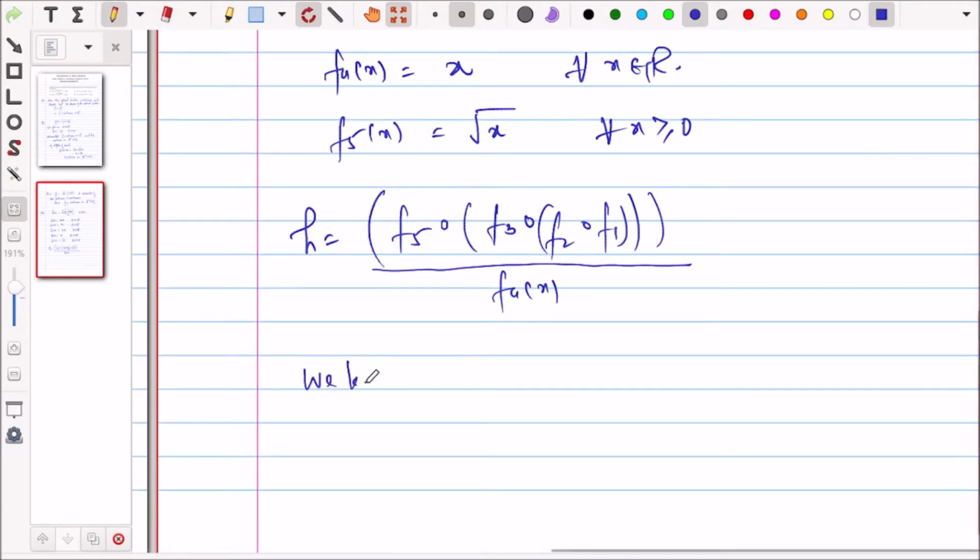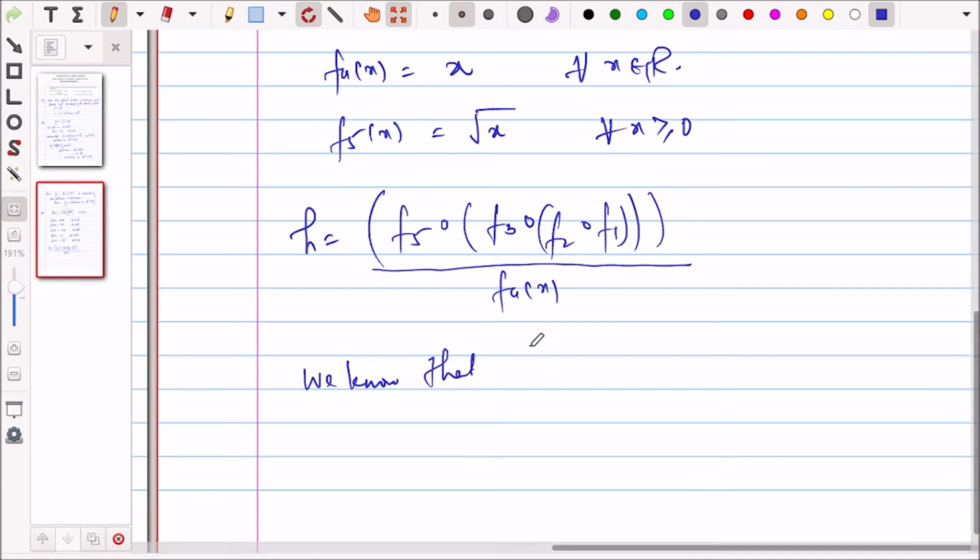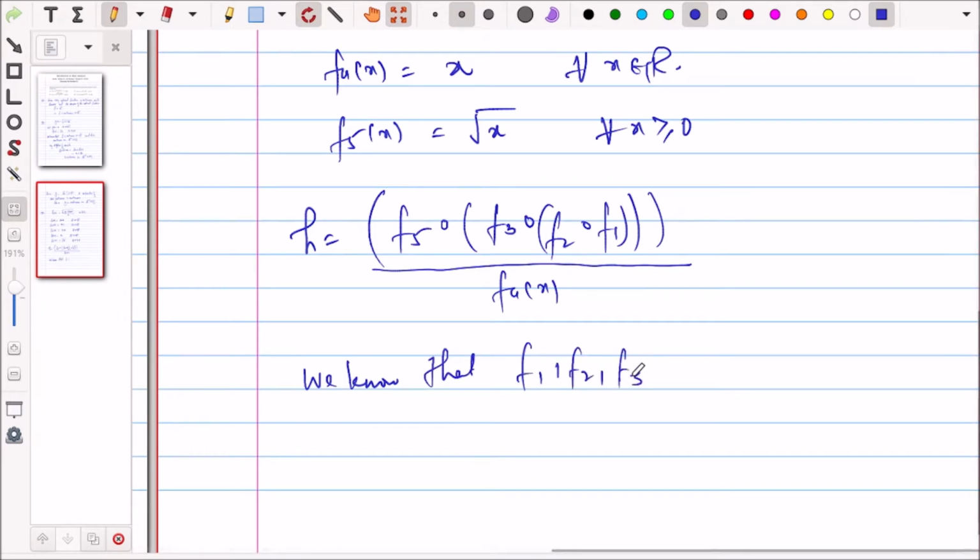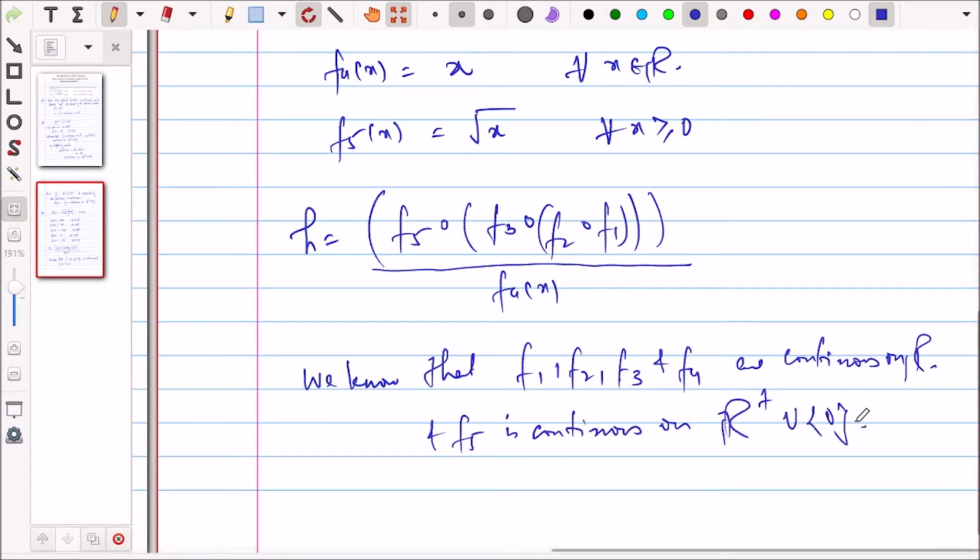So we know that f1, f2, f3 and f4 are continuous on R, and f5 is continuous on R plus union 0. Now because f1 is continuous on R, and f2 is also continuous, because composition of two continuous functions is continuous, then again because composition of two continuous functions is continuous,